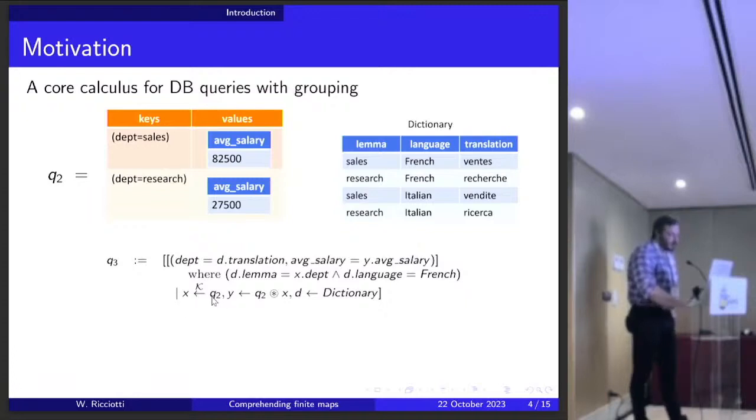So we can comprehend over the key set of the query Q2, that is the values over this column,